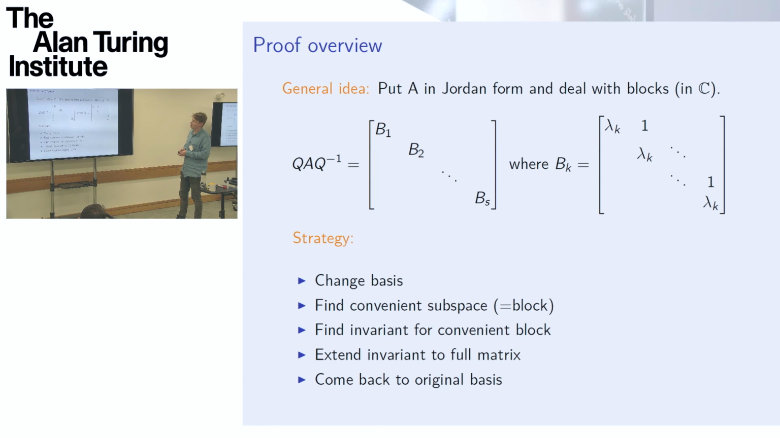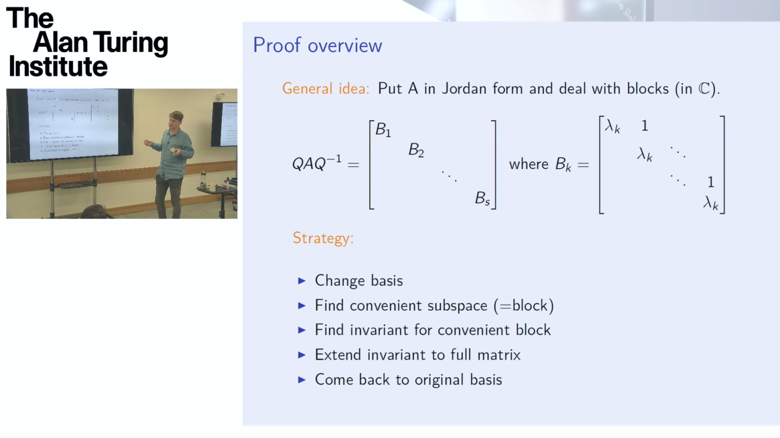Okay, and then the general strategy is going to be this. So we change bases to have this cool form. And then we look at our blocks. If one of the blocks is convenient, I'll explain what this means, then I can construct an invariant just for this block, okay? But when I have an invariant for one block, then it's easy to expand the invariant for